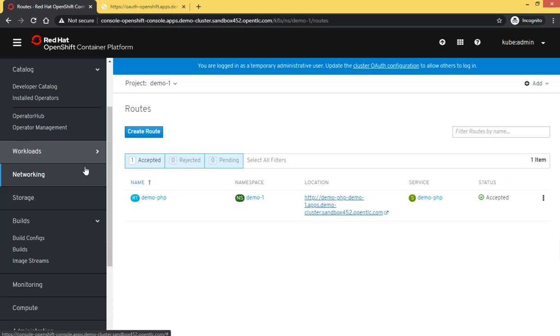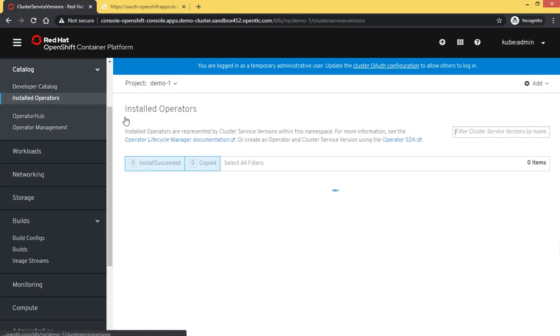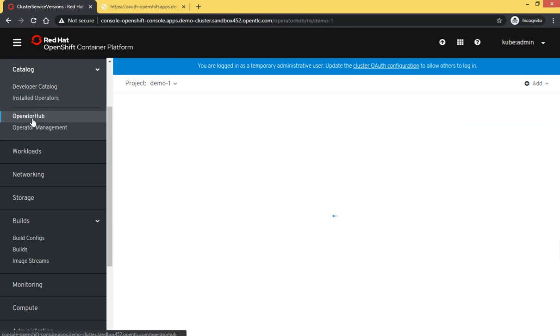So other things in the catalog tab, we have installed operators, and we can install new operators, where we already have 25 operators, right? Operator Hub, from where we can get the different operators and install them.